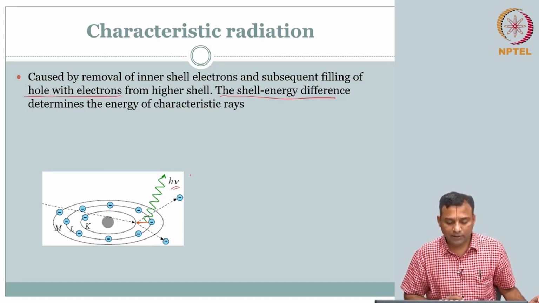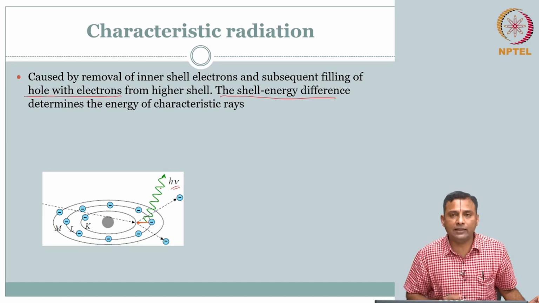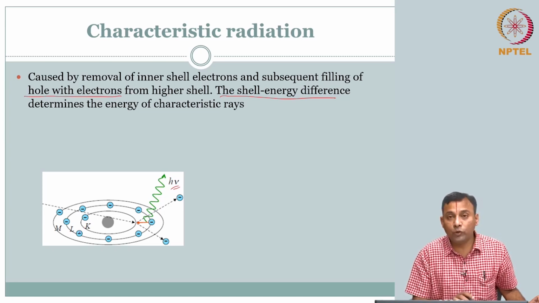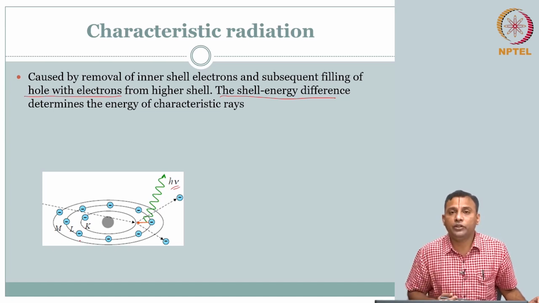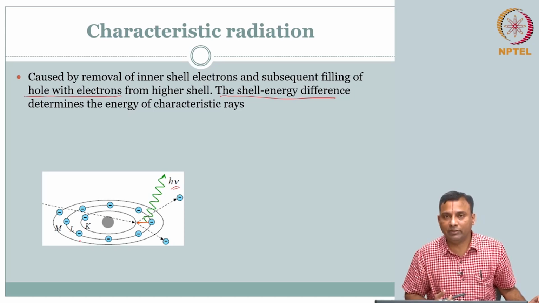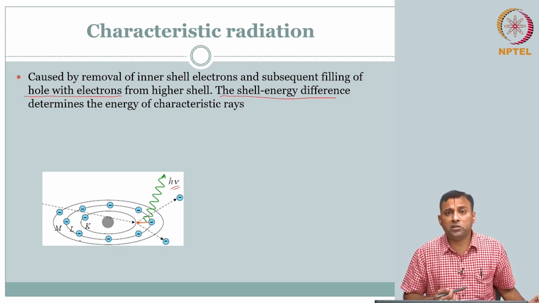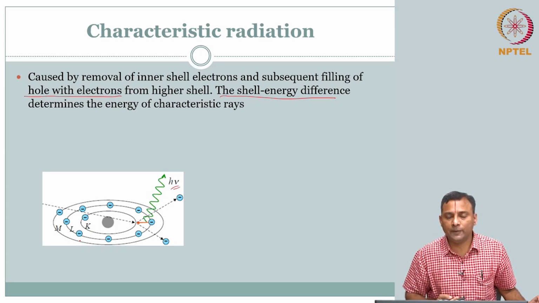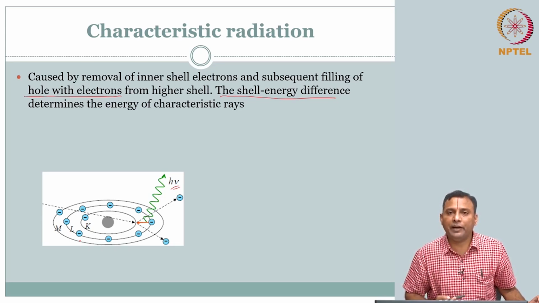So, now the question is, if this is characteristic, there could be a jump from L to K, or M to K, or M to L. There are so many jumps because it is going to reorganize itself, rearrange itself. So, is there a better way? Each energy could be characteristic, and it could be different depending on the respective binding energies involved. So, is there a better way to